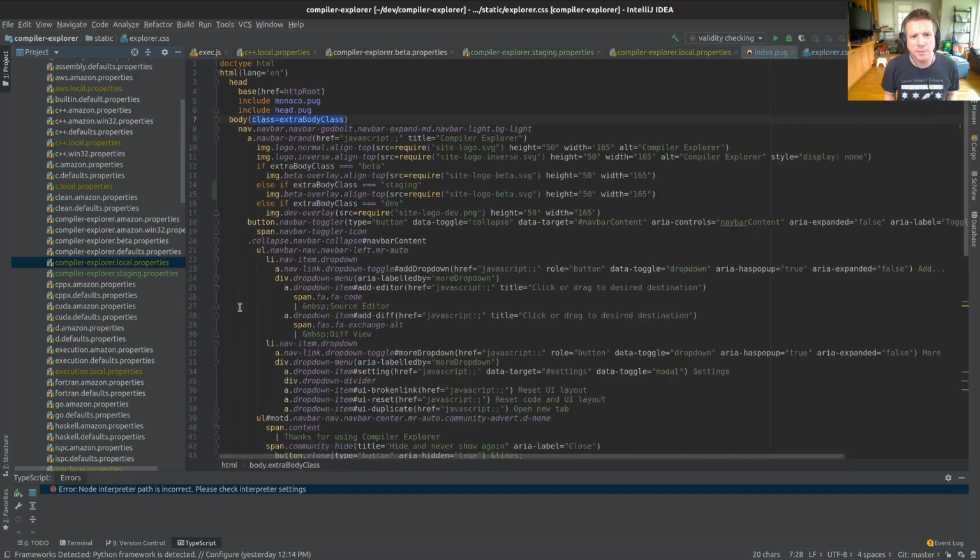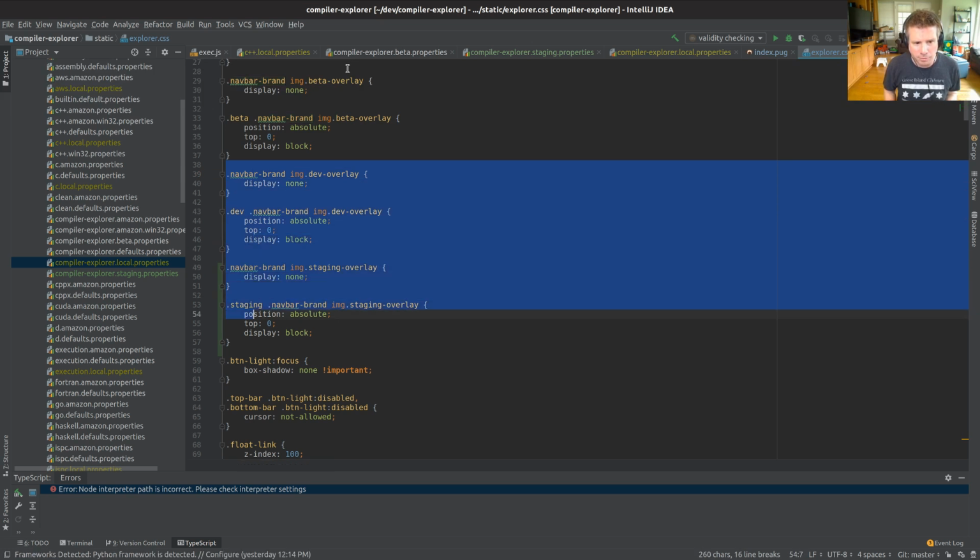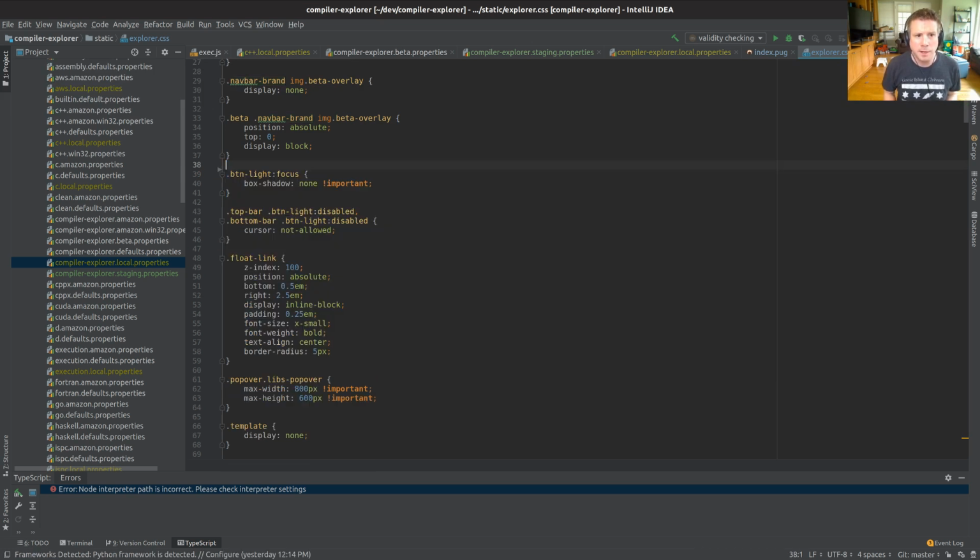Now we have the if statements in there. This didn't used to be there at all, you see. They used to all be there and then they would be turned on or off. So I think, actually, we can just get rid of all of these. Yes, right. Better idea. Get rid of that.